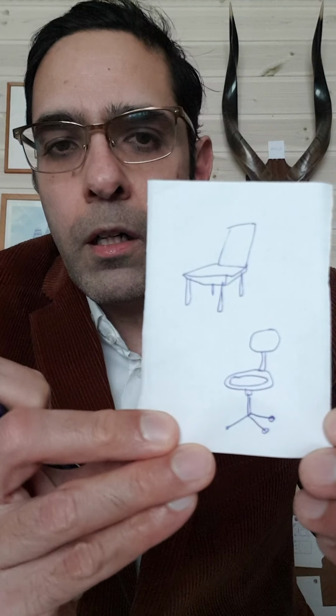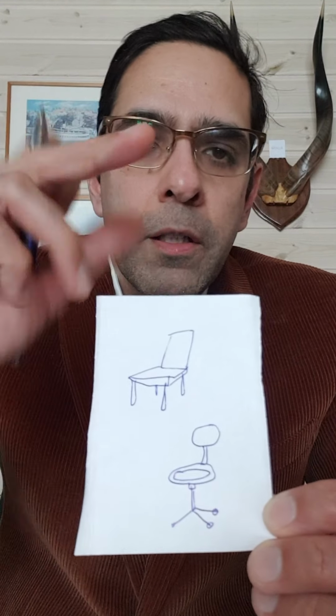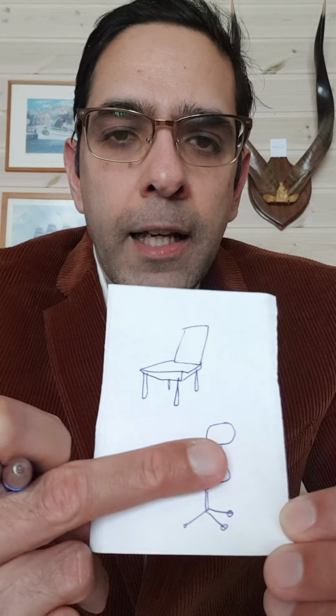Of course, if you're designing a chair, you could have a simple chair, and this is your simple little chair. You sit over here, bum here, back here, four legs, basic. And then you could have a chair which is a bit fancier. It could be, for example, something like this. And now, it can move up and down, it can swivel, it has wheels, and it has some fancier shape. And then, of course, you have designer chairs. I'll give you an example later on.